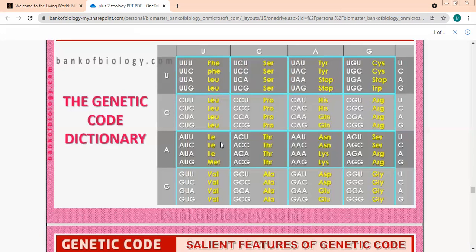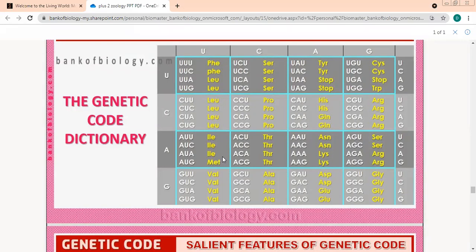MET. Any guesses? This is methionine. And the last one is very easy. It is valine. VAL. Valine.